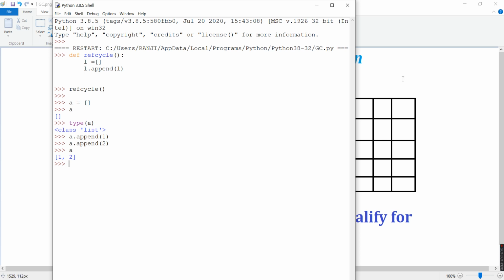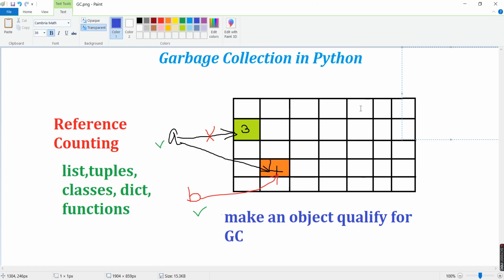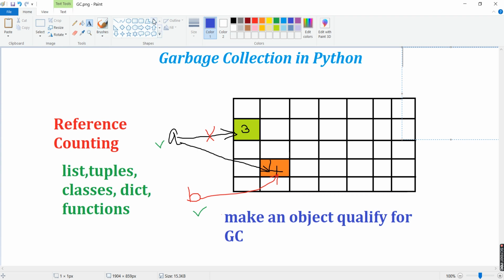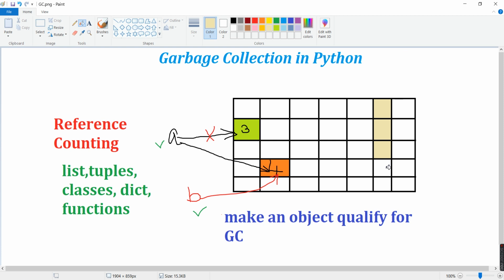Now if we want to understand this pictorially, list is also a data structure. In a similar case, we have a memory location which is created for the list. Say I have some memory locations like this. These two memory locations correspond to the two elements created by the list, list variable 1 and list variable 2. This is currently referenced by the variable A that we have created.